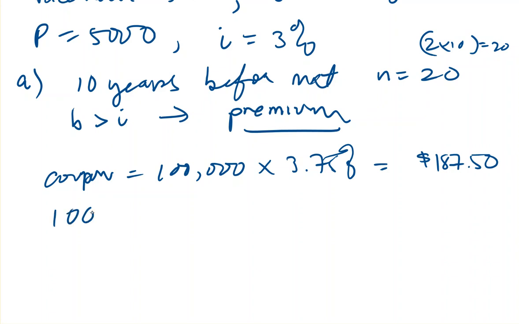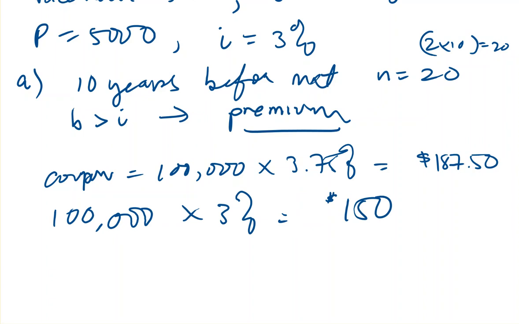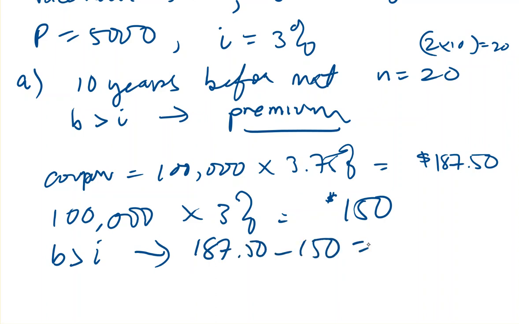I also know that the bond is worth 3%, so 5,000 times 3% is $150. Since B is greater than I, it's going to sell at a premium, so 187.50 minus 150 is $37.50,